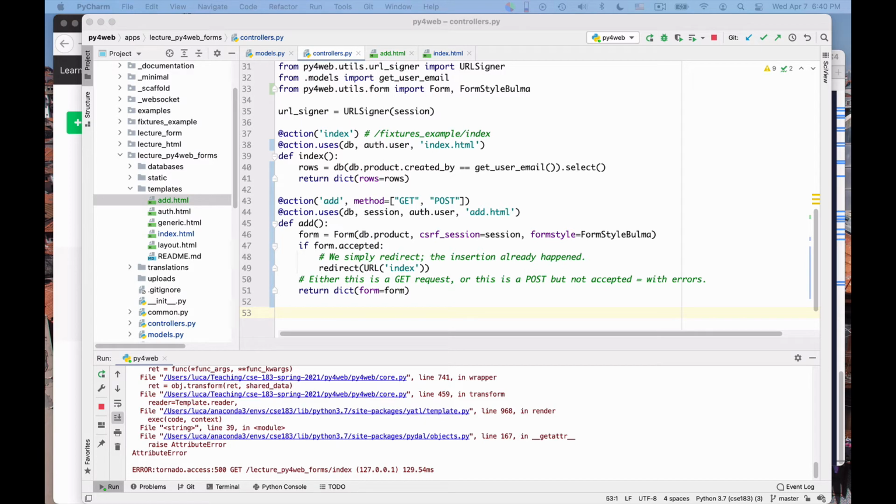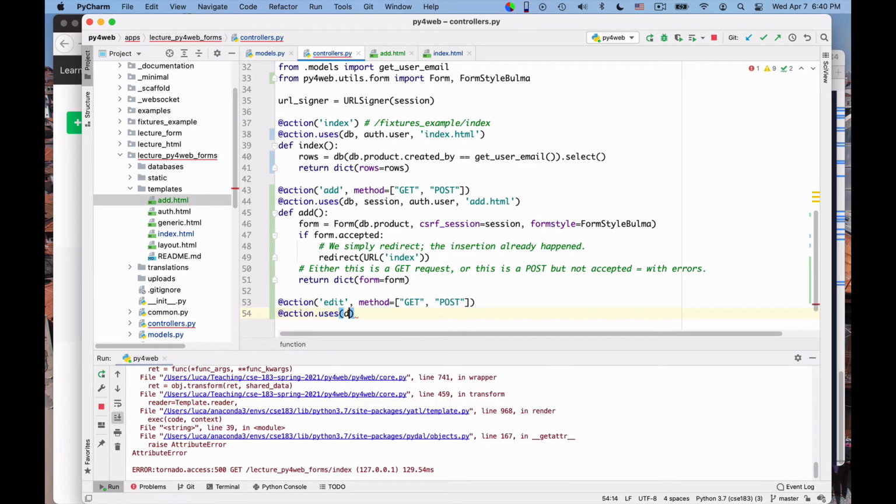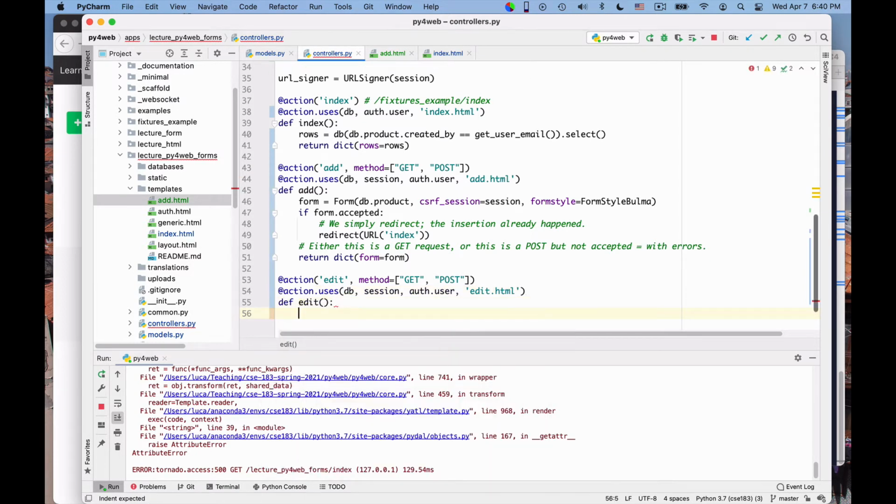I can start writing action edit, method is equal to, again, get and post, because it's again something that we perform with a form, right? So I will need a form, and then I can say action.uses. I need the database, I need the session, the user has to be logged in, and I can put it at edit.html, okay? And I can say def edit, okay?